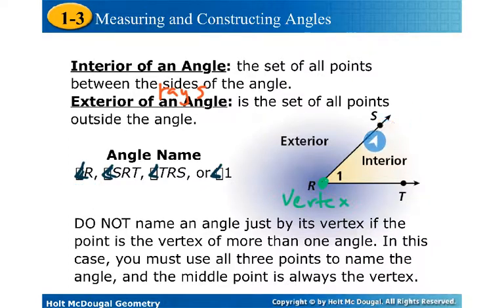So we could name this angle R. We could also name the angle SRT if you're following along this ray to the vertex and then along the other ray. And of course, if you want to go backwards, you can do TRS, so that's this next one here. And then we also have angle 1,